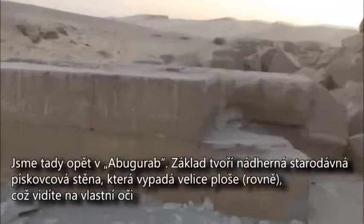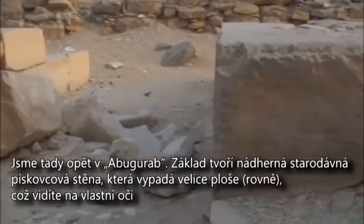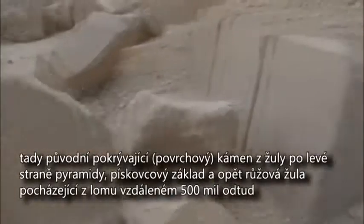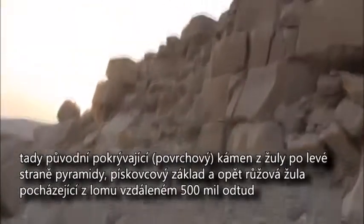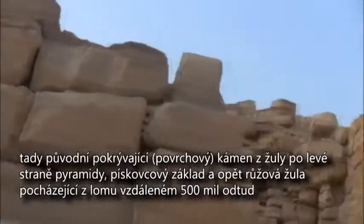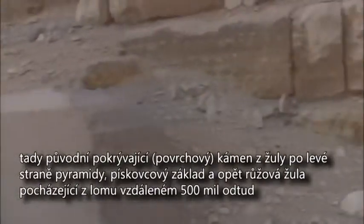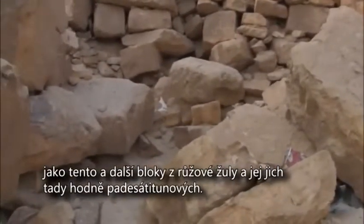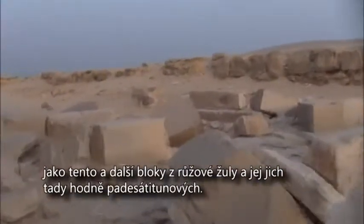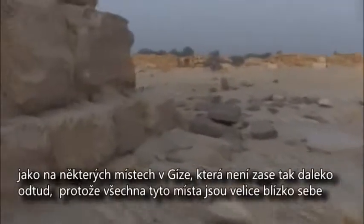And also at Abu Ghurab we have this beautiful ancient limestone wall, which is very flat looking, at least to the eye, as you can see. And the original casing stones here of rose granite, of what's left of a pyramid, limestone core. And again, the rose granite comes from more than 500 miles away from Aswan. And some of the blocks of the rose granite are many, many tons, as in 50 tons plus in some places, like at Giza,